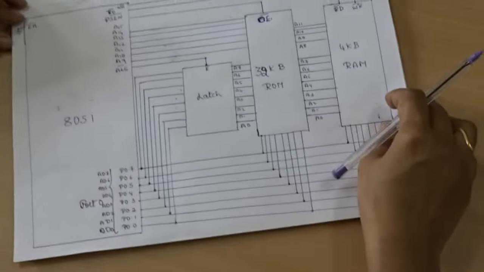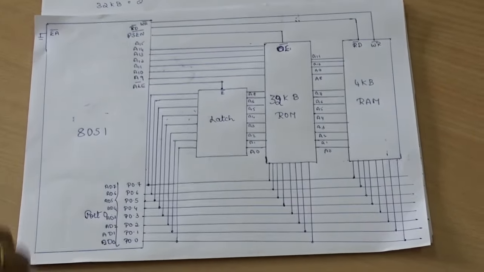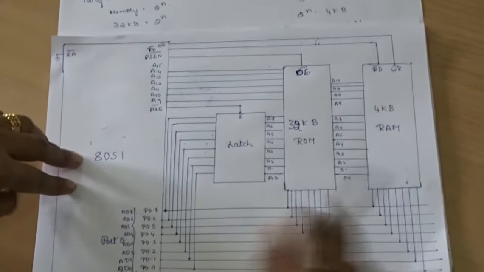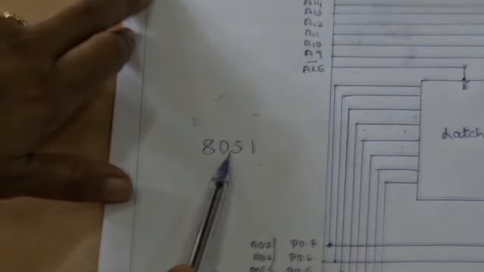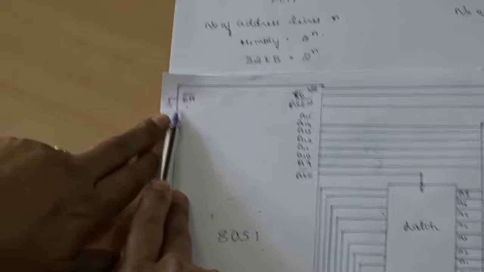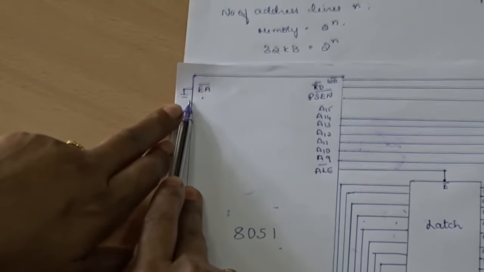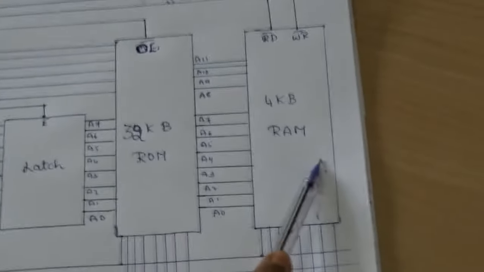So here this is the complete connection. You have to go step by step. Then only you will be able to make the connection properly. I repeat, first the 8051 microcontroller has to be configured for external access, that is EA pin of 8051 microcontroller has to be connected to ground, that means it will be enabled to fetch the contents from external memory, that is external ROM as well as RAM.